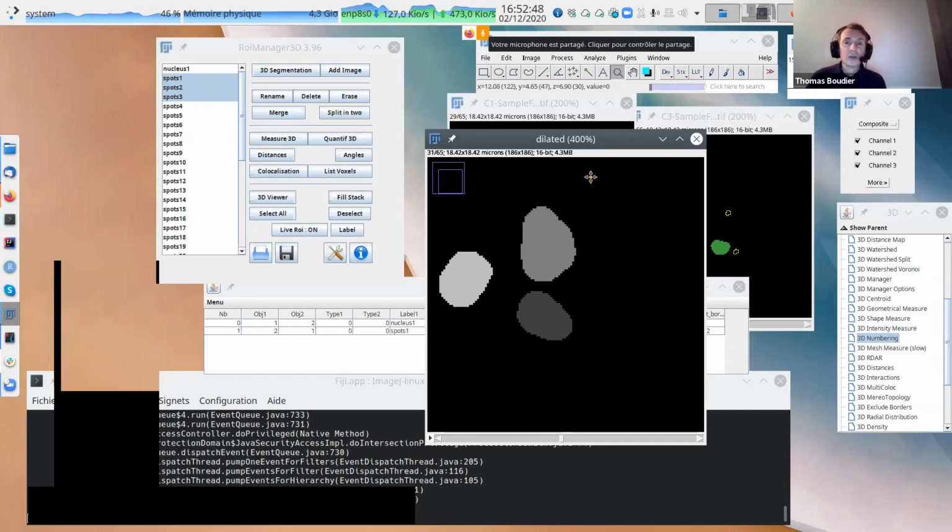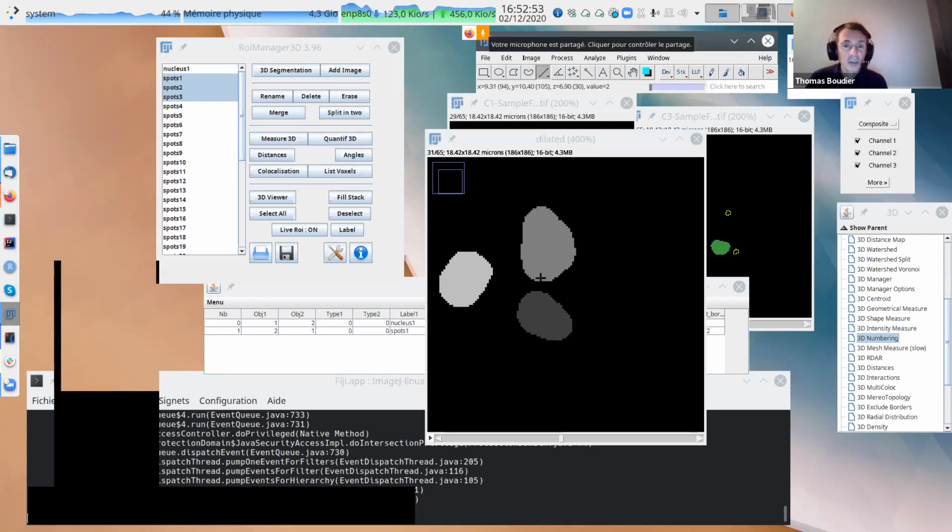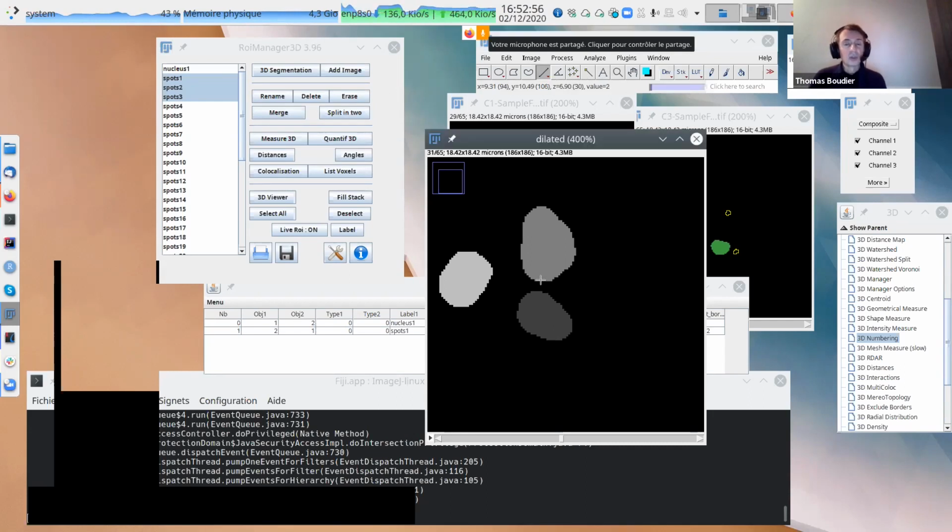It's more or less the same for Feret. So Feret is like this border distance within one object. I take a voxel from an object, so I have this distance between all the pairs of the border, and then I take the largest one. So this Feret computation may also take a long time, especially if you have a big object. For this 3D computation, the time will depend on the size of the object and also the number of objects you have.